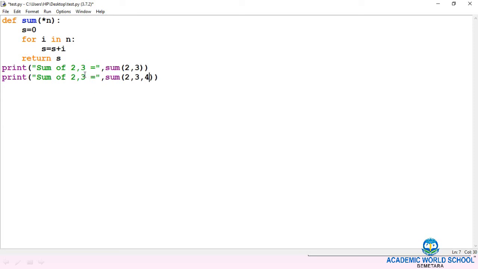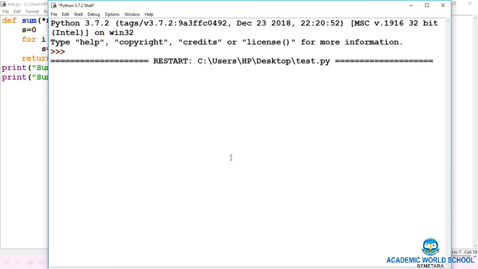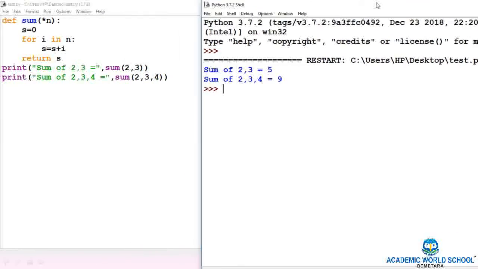In the first calling of the function I have passed two arguments, but in the second calling I am going to pass three arguments. Now I am going to execute the function.